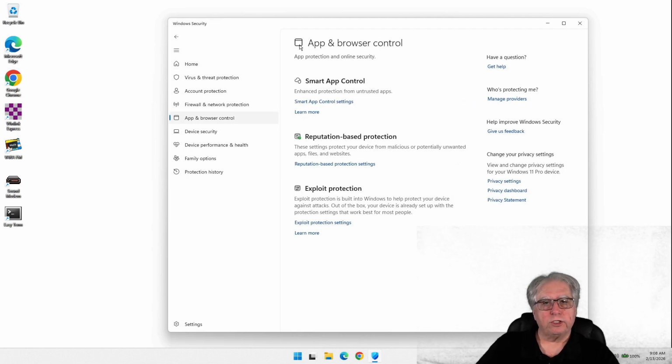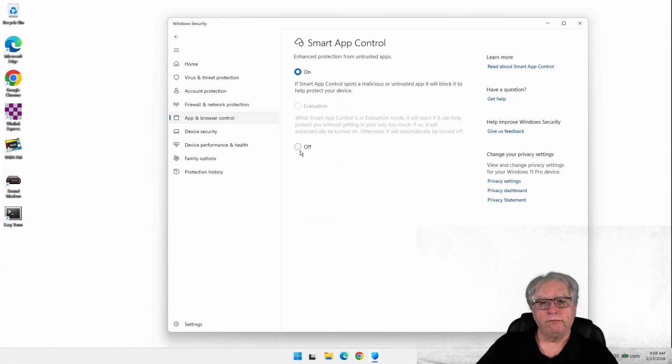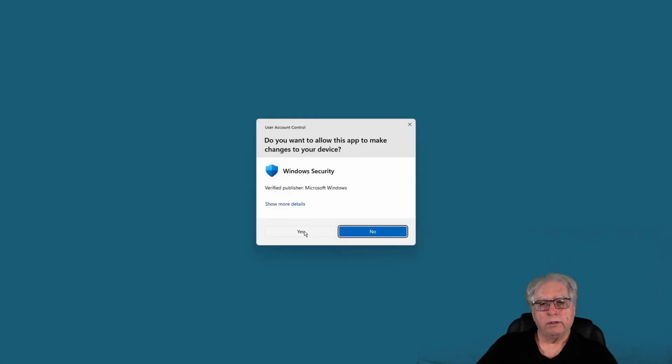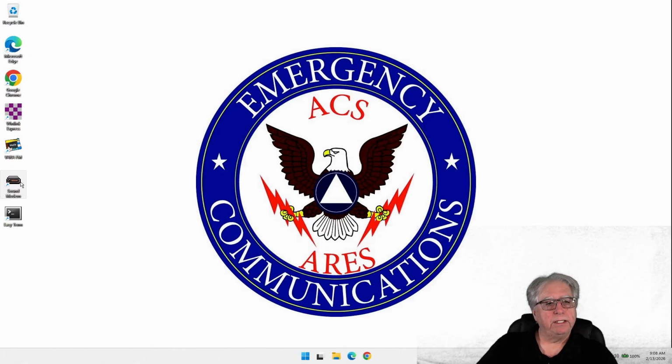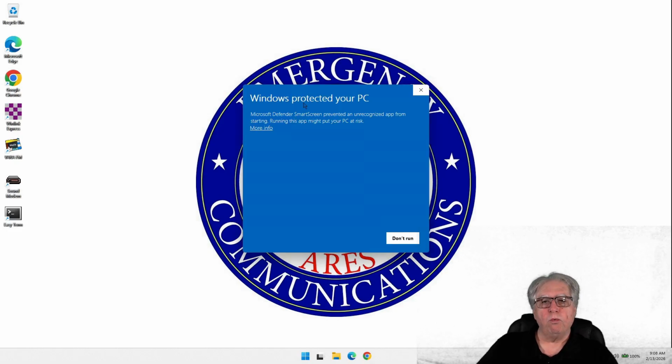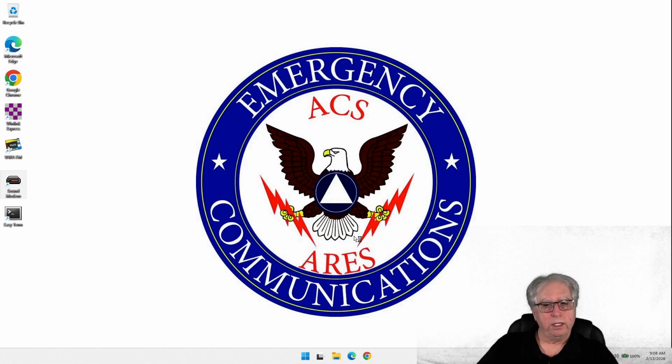All I need to do is go into app and browser control, and I need to shut off smart app control. Once I do that, when I double click on this, it's going to warn me that Windows protected my PC, but I have a choice. It says don't run, right? But I have another choice. I have more info, and I can say run anyway. And it will go ahead and launch